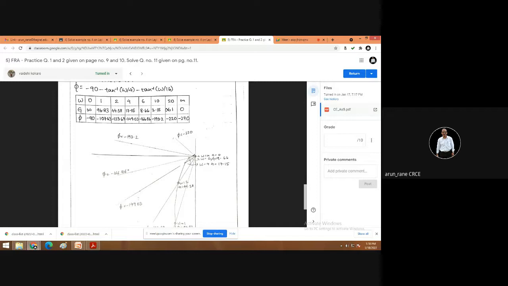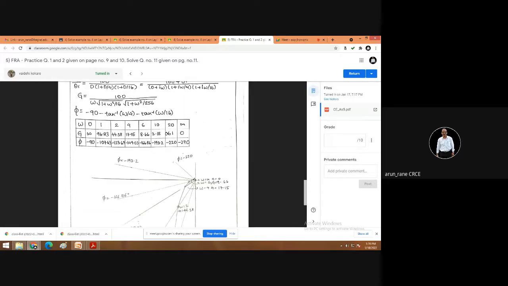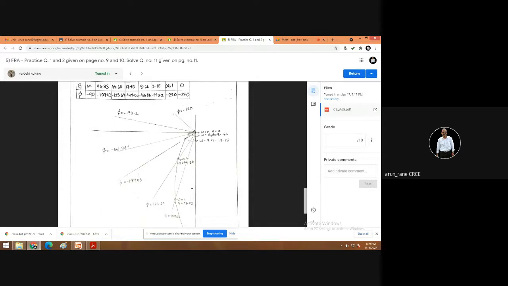Here also you need to find that intersection point, that is, where this plot or graph is intersecting the negative real axis, which can be found easily, and then you can locate where your minus 1 comma 0 is, because it is slightly difficult to see. So in that case it is always advisable that you find out the intersection point and then decide where your minus 1 comma 0 lies.